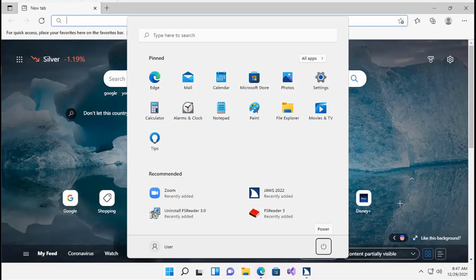So I'll press tab. Search box edit. And we're back to the search box. So that is just a few differences there in the start menu with some things that you will encounter and